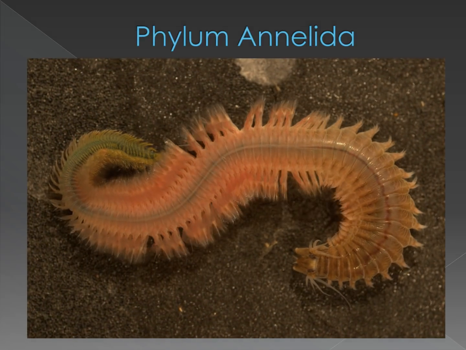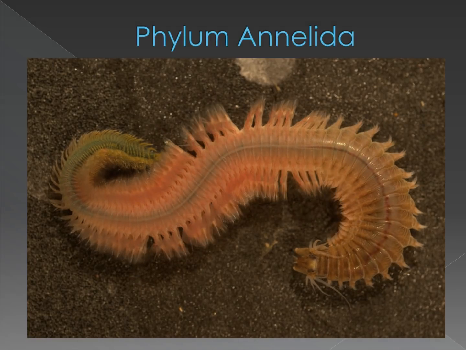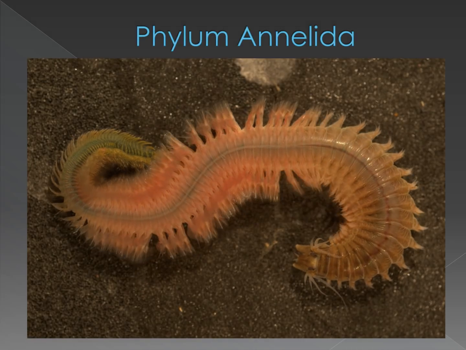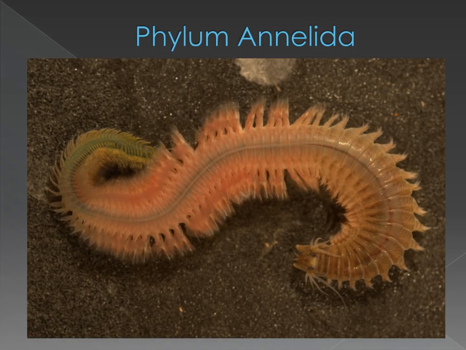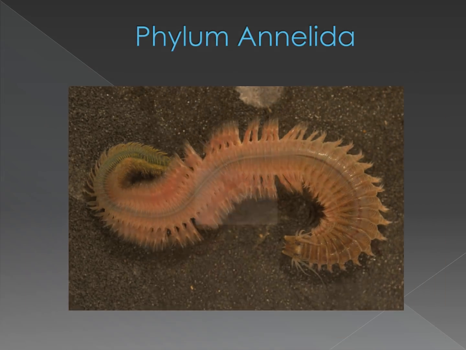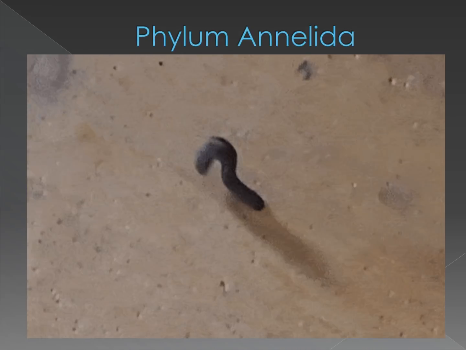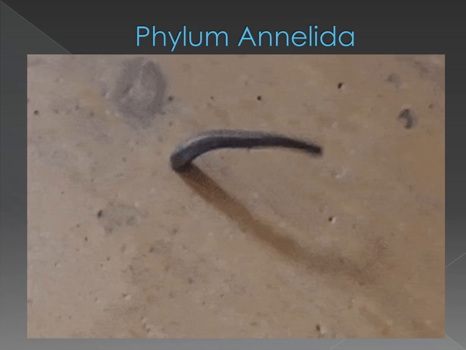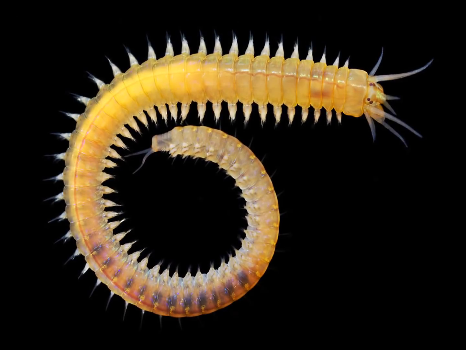As you can see here, these are parapodia. The small structures or appendages that you see are normally used for movement from one place to another. There are many other animals in which suckers are used, like the leech, which normally has suckers on it, because of which it actually moves from one place to another. As you can see here, both the ends have suckers, so it adheres to the surface and then starts moving from one place to another.